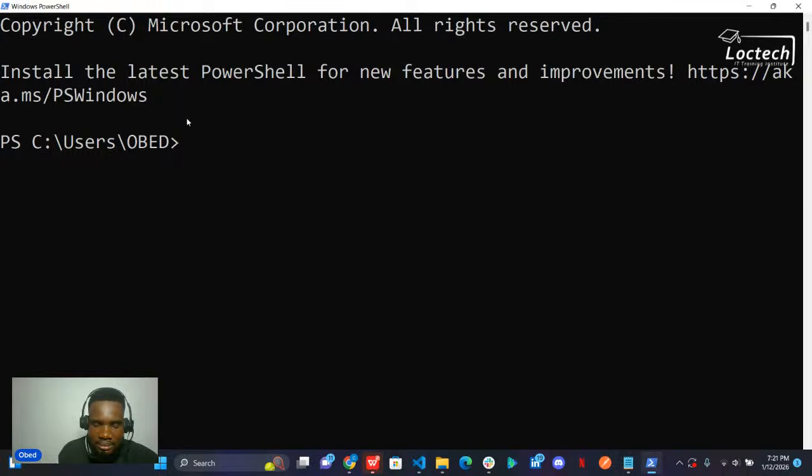Before systems became advanced to that level, we were using this terminal to perform every operation. Operations ranging from creating a file, creating a folder, moving a file, copying a file, pasting a file, deleting a folder, even writing into a file. We're using the command line to perform all of these operations. So we're going to look at the command line commands that we have for today, and we're going to see how to create a folder, create a file, write into a file, delete a folder, delete a file. Let's get right down into it.